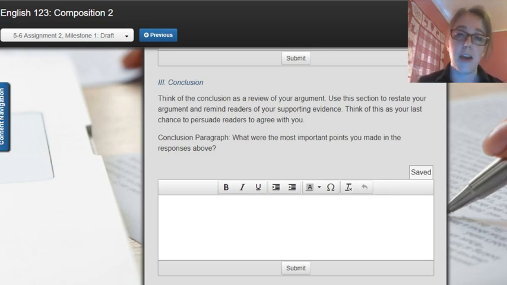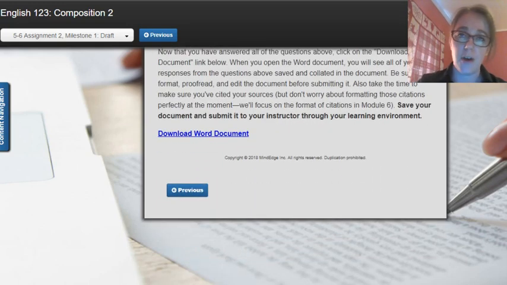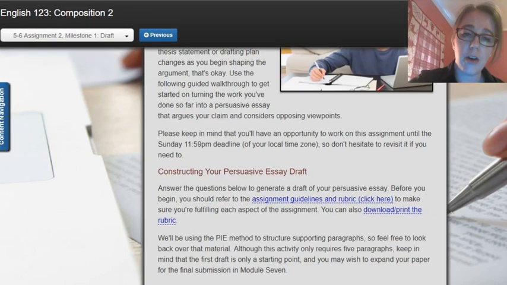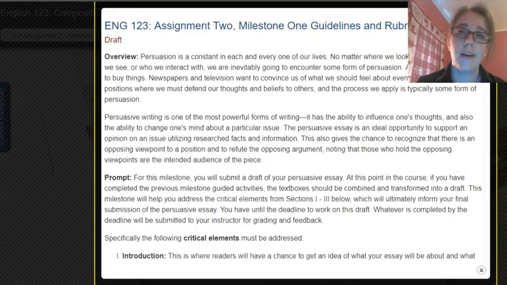Make sure that you've got your identifying information on there. If you're writing in APA, let's have a cover page. We'll talk more about that soon. And make sure that you are submitting an actual essay, not just prompt answers. So we're going to download it, save it, reformat it, and then upload it over in our assignment section. Now I want to take a look at our rubric real quick,